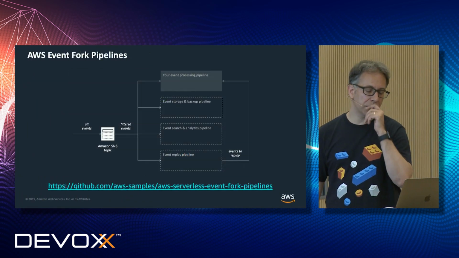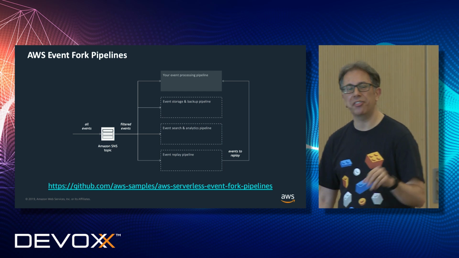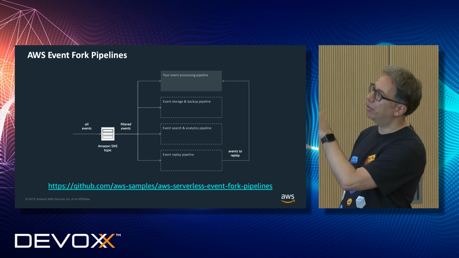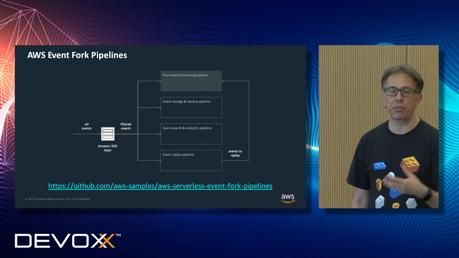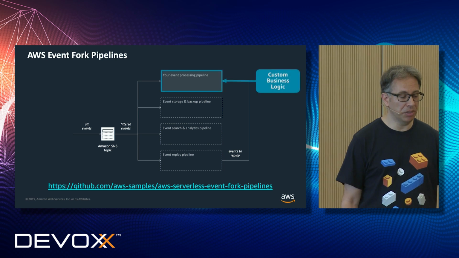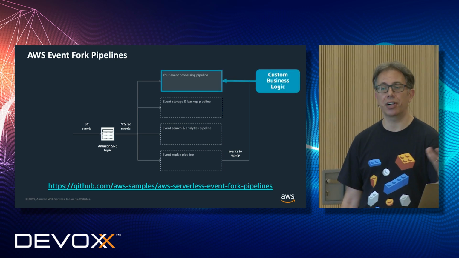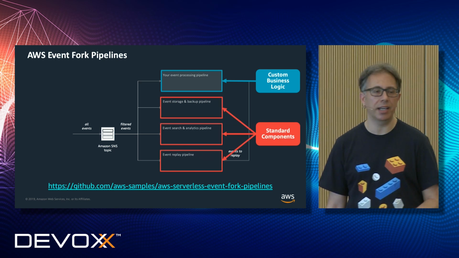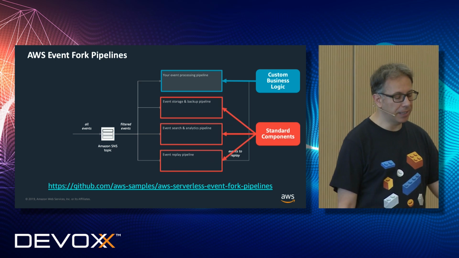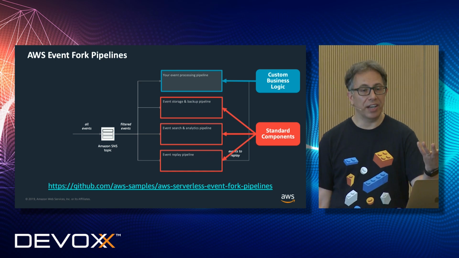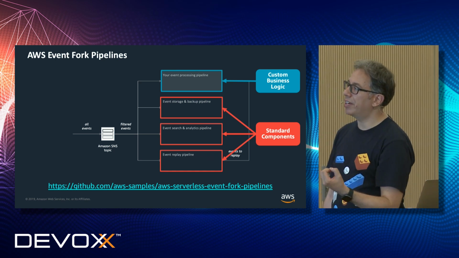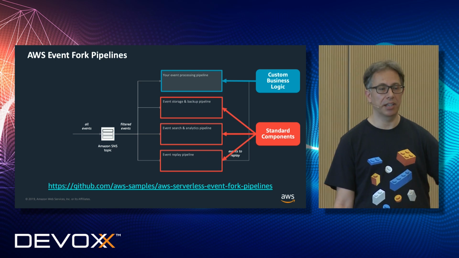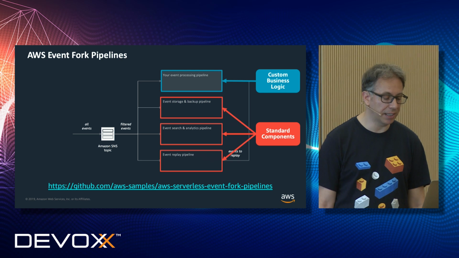And also, you remember the idea of nested applications that I was mentioning before with the Twitter example? We also created a nested application for processing events. So you maybe process the events of your application with your custom business logic, but we created standard components that can help you store, backup, and analyze your events, and also to replay your events, so that if you build an idempotent architecture and you have a bug, you can replay your events and solve and analyze them again.